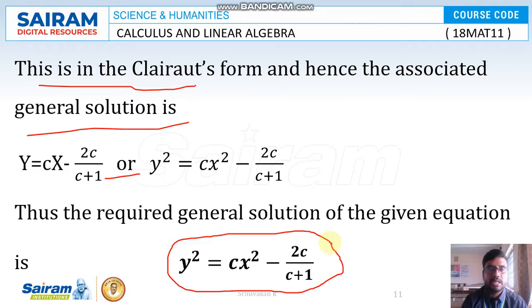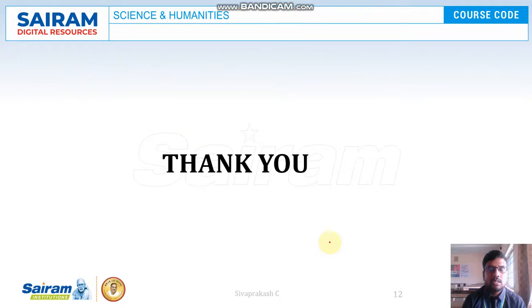So we only have to find the general solution. No need for the singular solution. The question will ask only for the general solution. Okay. So that's all. I hope you all understand the concept of Clairaut's form. So how to solve the Clairaut's form? By using the condition. And the second problem: how to make an equation into the Clairaut's form. If the equation is directly Clairaut's form, we can replace p equal to c; that is the procedure. And if the equation is not in Clairaut's form, first we make the equation into Clairaut's form. After that we can find the singular solution and the general solution.